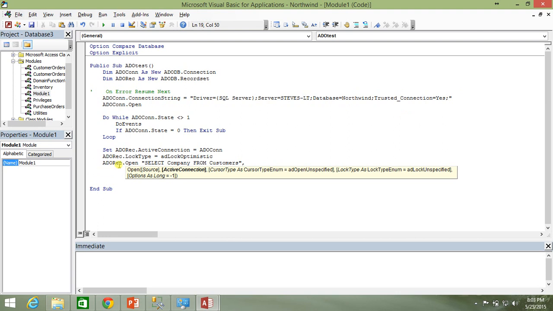Well, the open command for record sets is very similar. We can see here we can specify what the active connection is. So we could say ADOCon. We could then specify our cursor type, right? So here is our